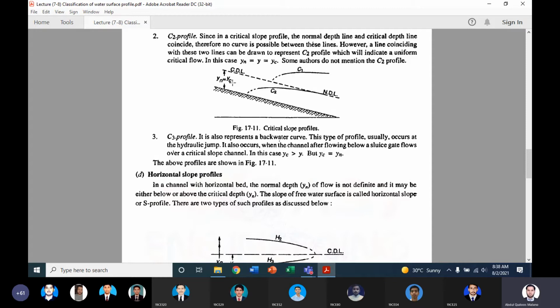Its formula is small q upon g, whole power 1/3, where small q is the unit metric discharge, meaning discharge divided by the width of the channel. ठीक है, so that is why they are writing over here that the critical depth is greater than y, or critical depth in the first zone is greater than, means y is greater than the critical depth. तो इसीलिए ये यहाँ पे critical depth का mention कर रहे हैं, and then again they are saying but these both are equal. ठीक है, because this would be easy to determine. सही है जी?